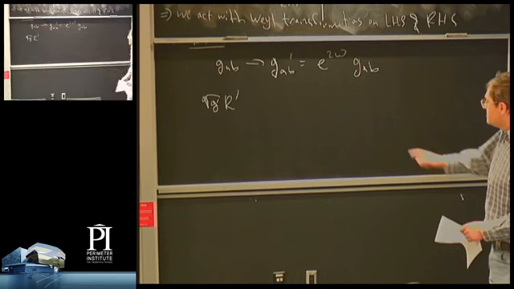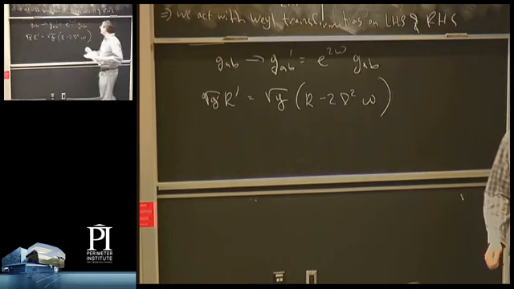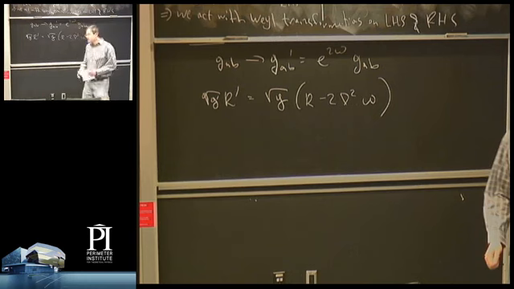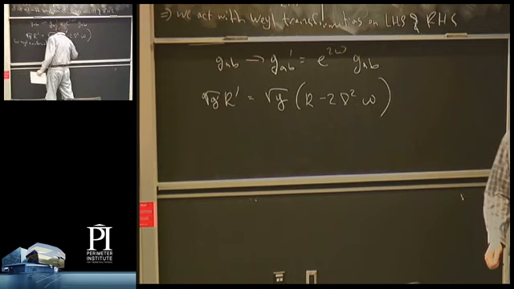So square root of g prime R prime is going to be equal to square root of g, and here I have R minus 2 nabla squared of omega. Okay, so that's a Weyl transformation of the Einstein-Hilbert term on the world sheet. So what we're going to do is Weyl transformations